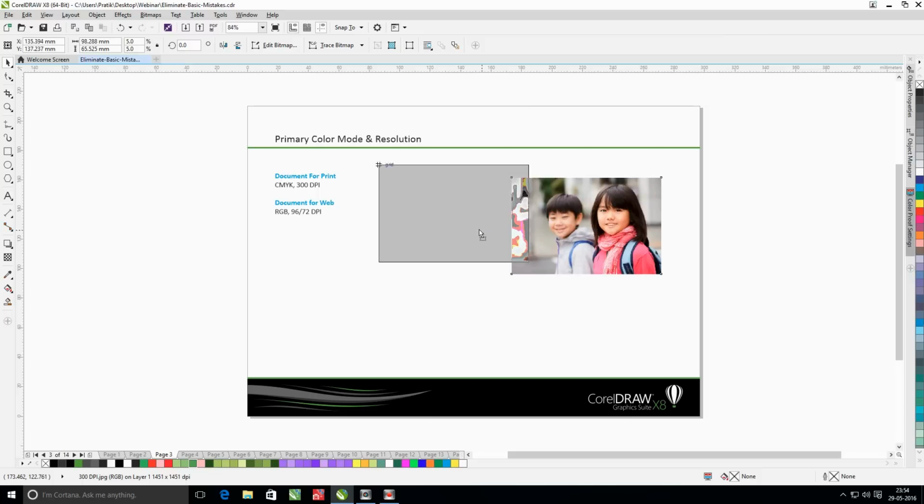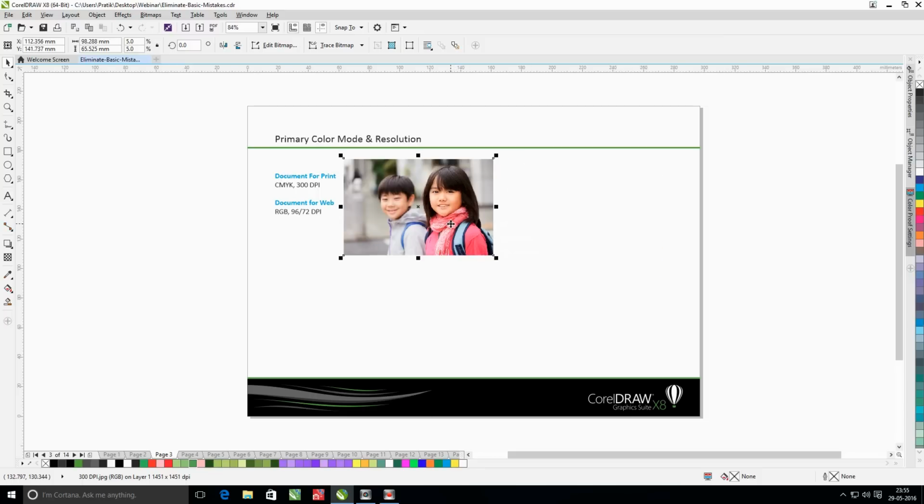And what happens is when you have too many of such images used in your document, and your document resolution is over 1500 dpi, your file size keeps increasing, and the more images you keep adding, the more difficult it gets, and it takes longer to save the file and work on it.